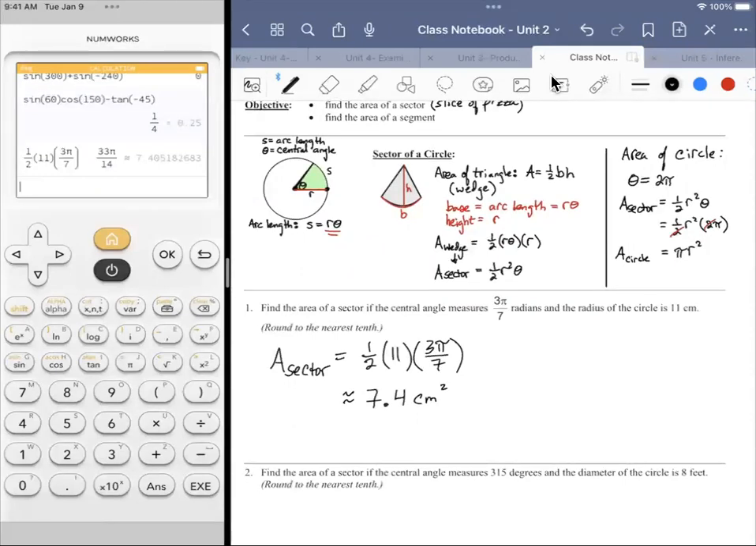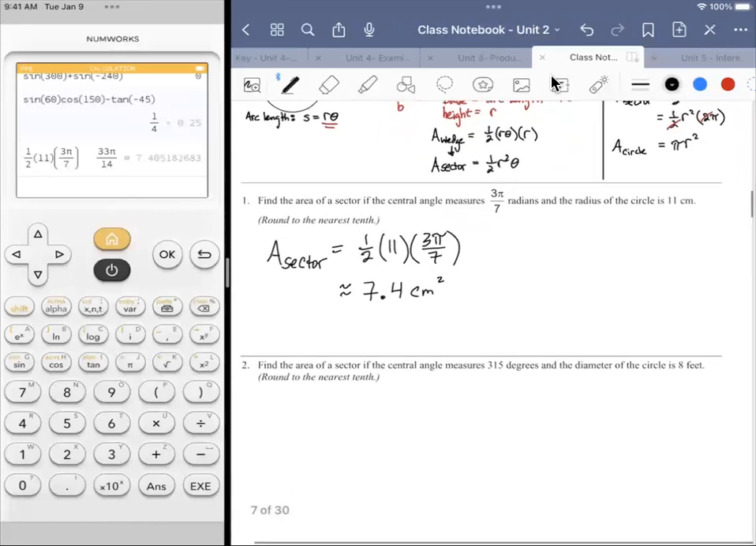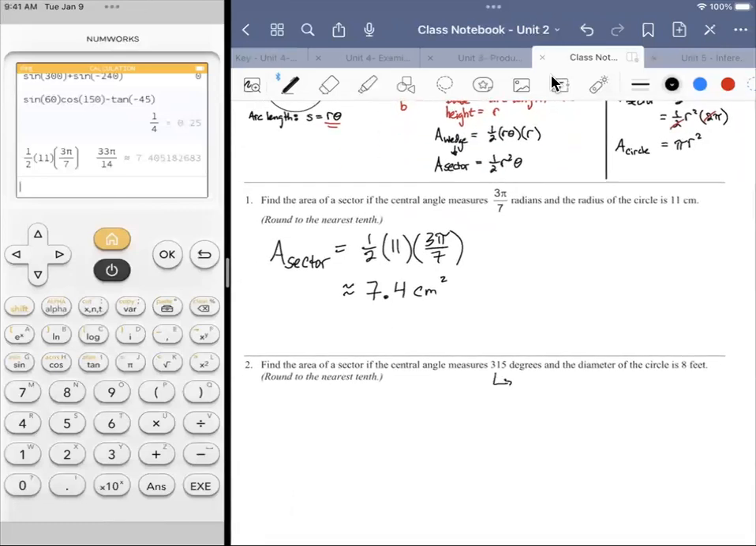Sometimes they jazz it up on you a little bit. They tell us that it's 315 degrees. All right. Well, that's 7 pi over 4 radians. We need it to be in radians. The diameter is 8, so that means r has to be equal to 4. Once we pull that information from it, we're good. All right, so the area of the sector,